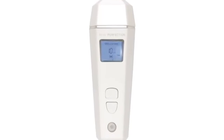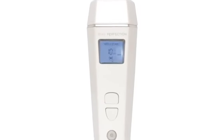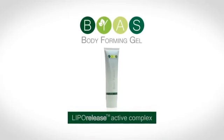The firming program works with a mid-range intensity and the smoothing program with a low intensity. This allows you to fine-tune the body lifter to meet your needs. A very special treatment gel has been developed in collaboration with international experts on active ingredients aimed specifically at body shaping effects. As a result of this cooperation, the formula of the BYAS body firming gel is the only substance